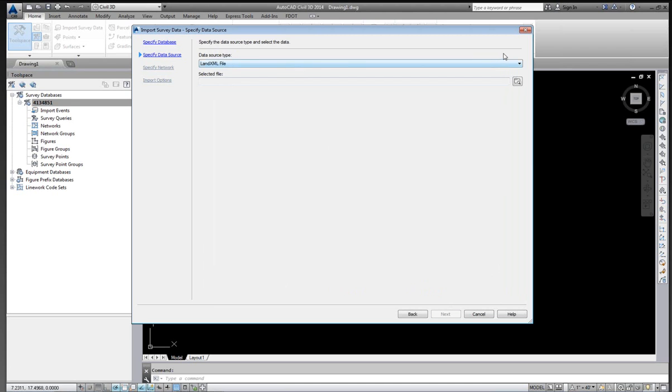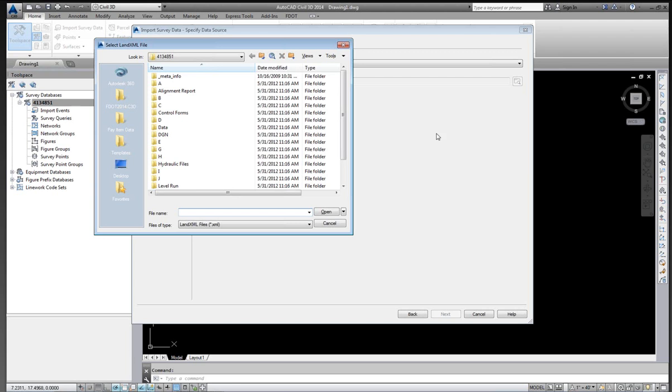The data source is a Land XML. There are some options. You can import a point file, or points from a drawing, or from a fieldbook file. I'll say, then I have to specify and select the file to be imported. Under my Casey projects, I have a file created